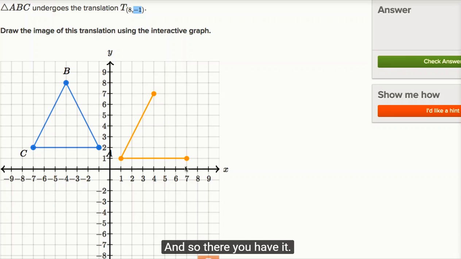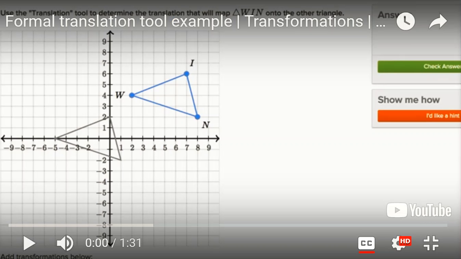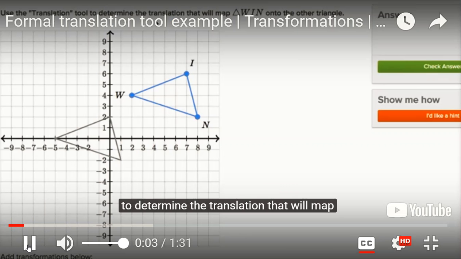And so there you have it. Let's see, how do I connect these two? Oh, there you go. And we can check our answer, and we got it right. We have performed the translation. We're asked to use the translation tool to determine the translation that will map triangle WIN, so this right